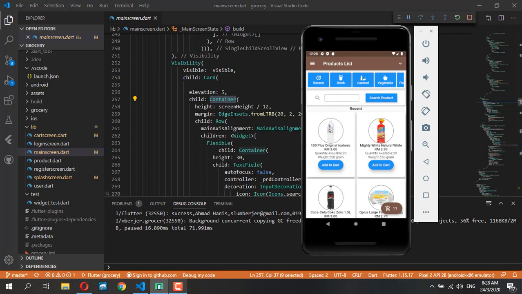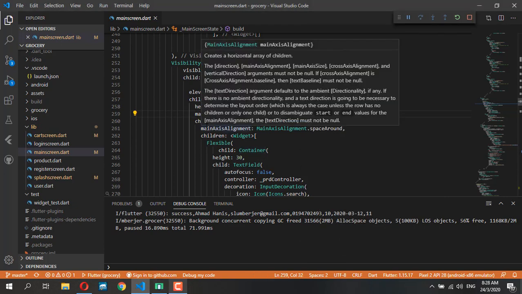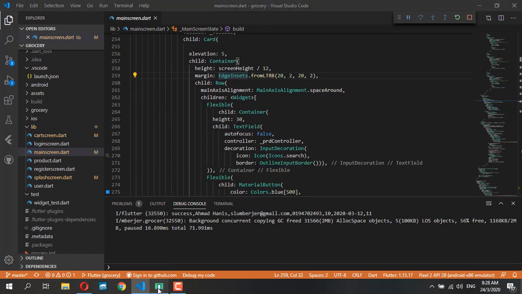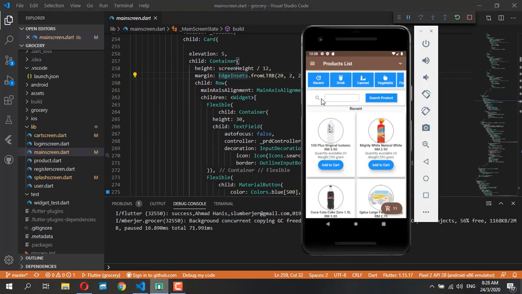The reason is that I want it to be automatically resized based on the screen height, so divided by 12. Which means that the screen height, from here to here, is divided into 12 sections, so this is 1/12 of the screen size, and it will change automatically based on that option. Alright, so set the height and set the margin for the layout for the container, and then inside this container we have 2 widgets,